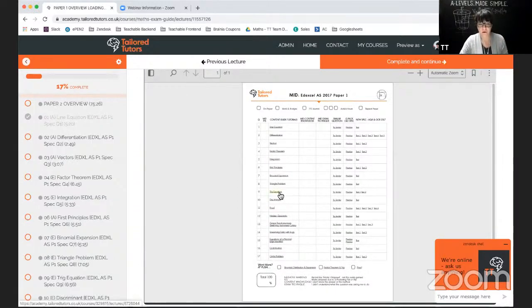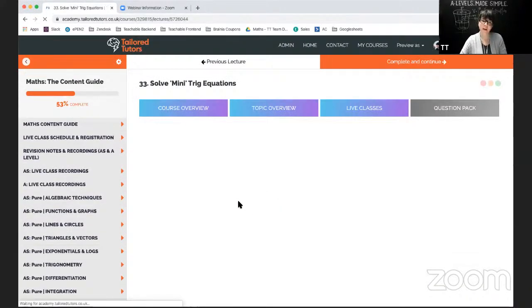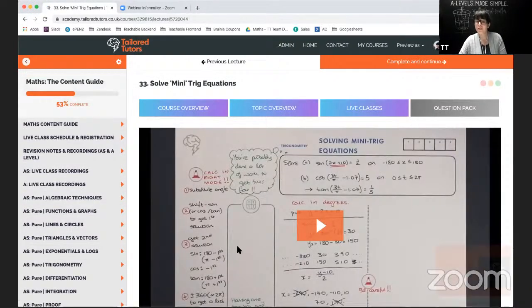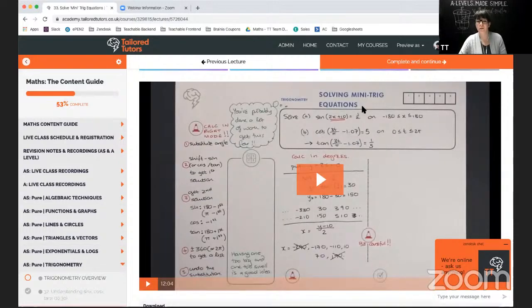Okay, so that was the trig equation that we just did. The video, Emma and other people who don't know that method, if you click this one, it will take you to the tutorial on that method, really showing you how to do it, and you can make notes using the template notes as well. Let me just check that works. I did check these links before, but I never quite trust myself that they're all right. Oh yeah, good. So when you go into the content guide, you'll get the video showing you what to do,